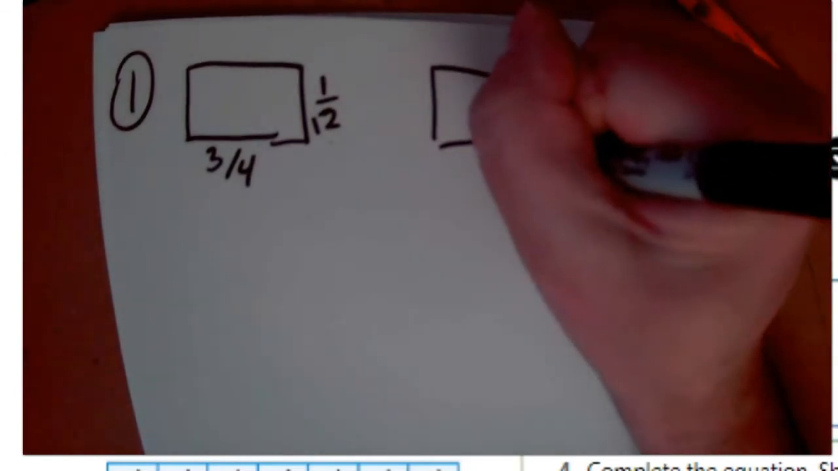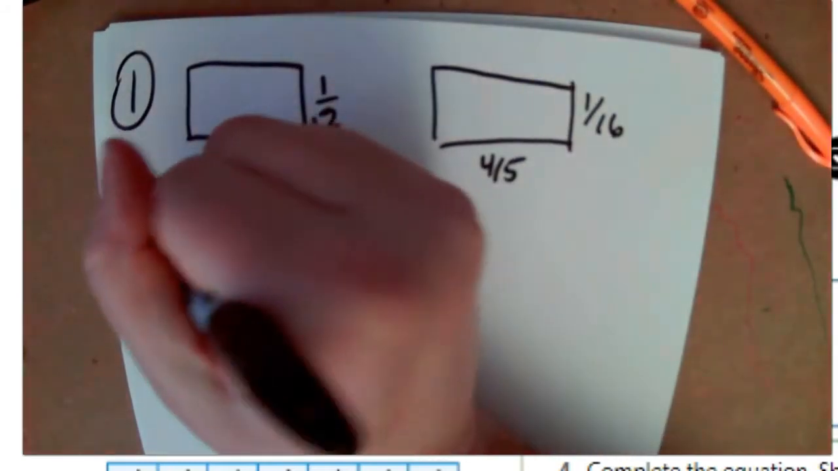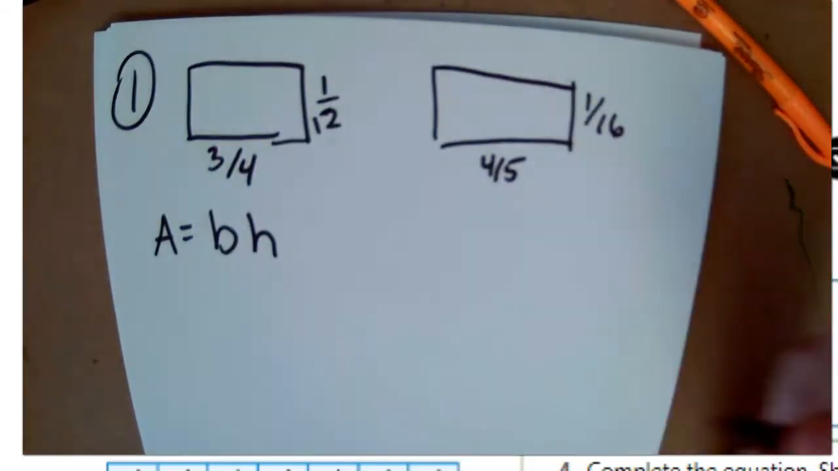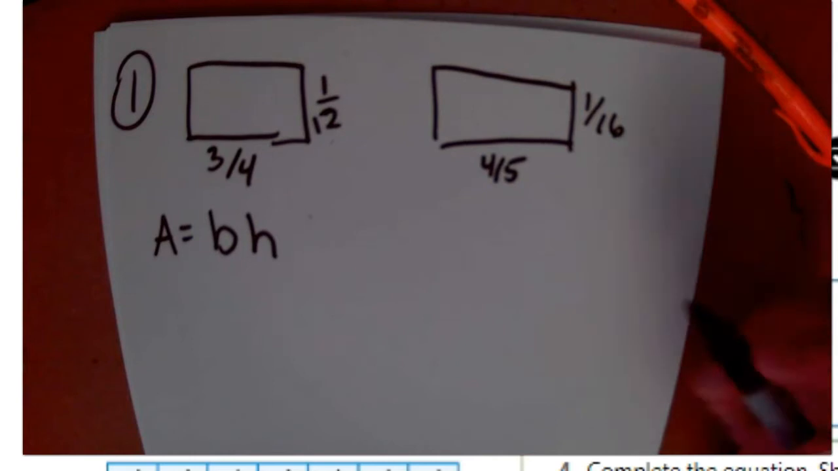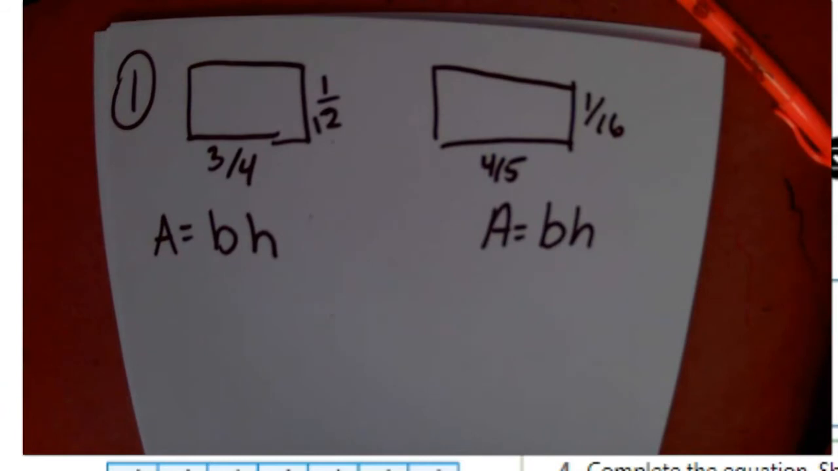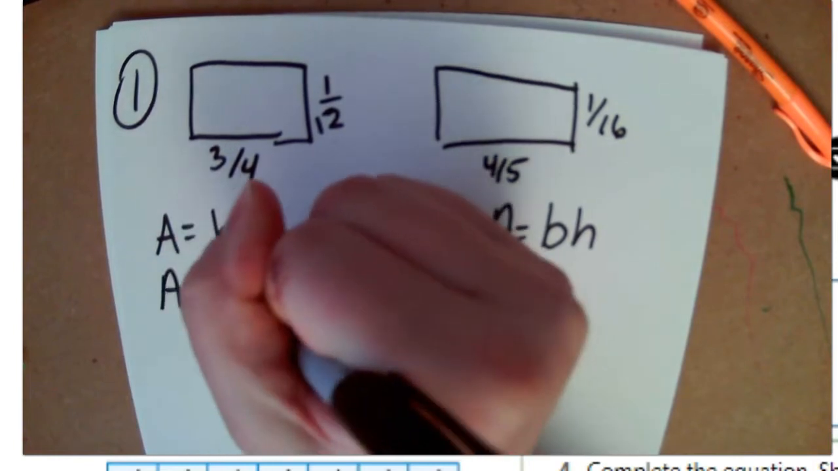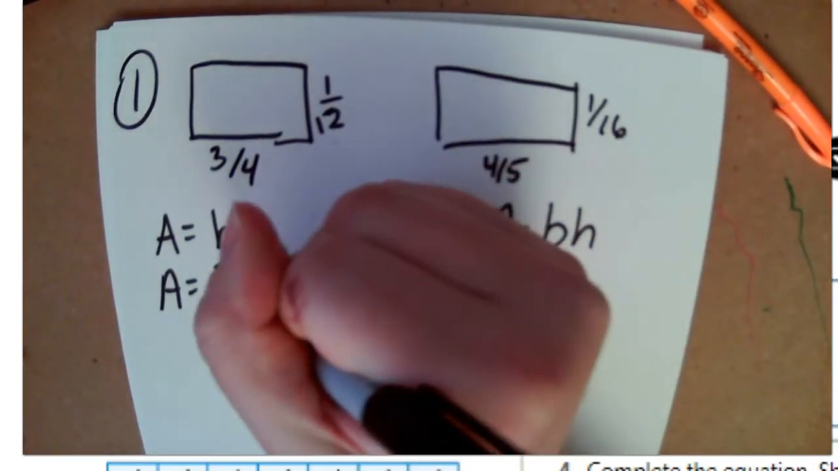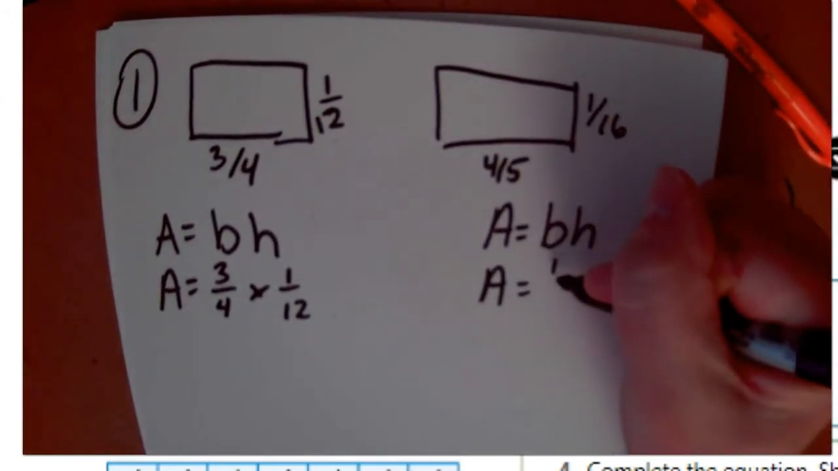and 4/5. All right, so I need to know my area formula. And I know that area equals base times height, or length times width, right? That's the same formula I can use for both of these. So basically, I want to find the area of each rectangle and then compare and see which one has the greater area. So let's go ahead and plug in some numbers. My area is base times height. That's 3/4 times 1/12. And then over here, my area is 4/5